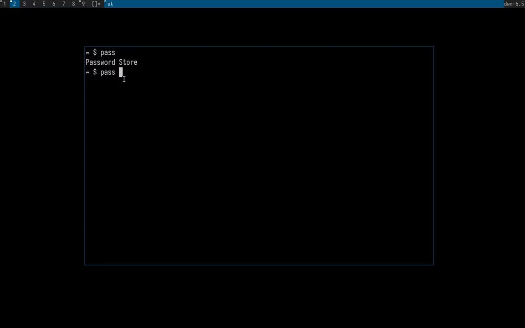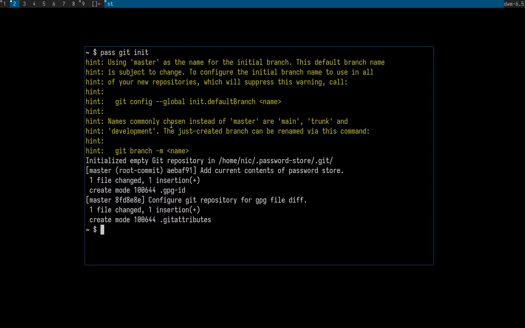The way you add passwords is you call pass insert, and then you specify a file name or some identifier, and you can also create directories with this. Well, no, before we do this, what you also probably want to do before inserting any passwords is initialize a Git repository in the password store. You can do this with pass git init, and it will initialize a Git repository for the password store, and pass